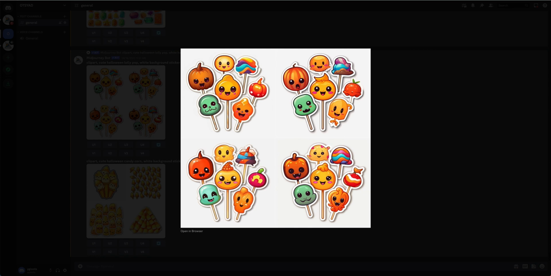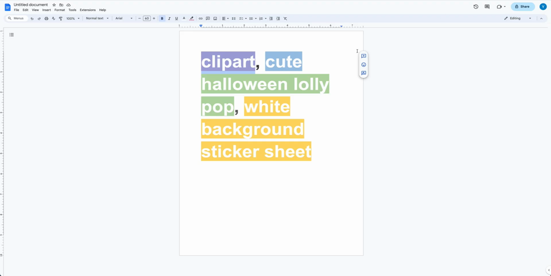Every time I would put single image of a cat, it would give me weird things. So I started playing around with different words. What's another word for single images? Or what is something that is a single image? And usually it would be something that looks like clip art. When you go to Etsy and you put clip art, you will notice that there are single images of something. So I started playing around with that. So that's why